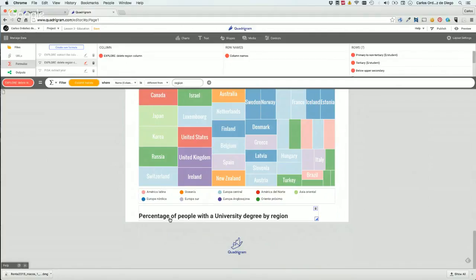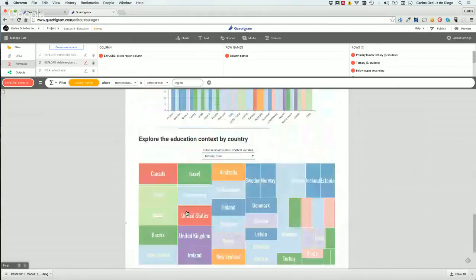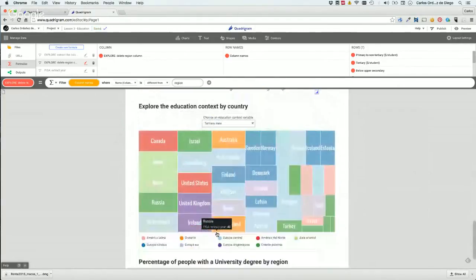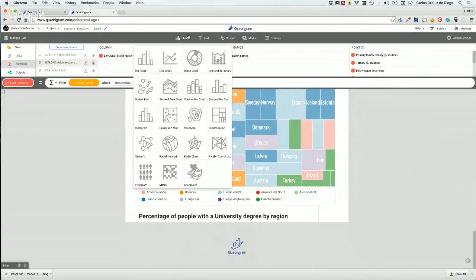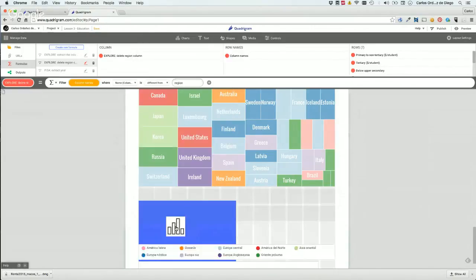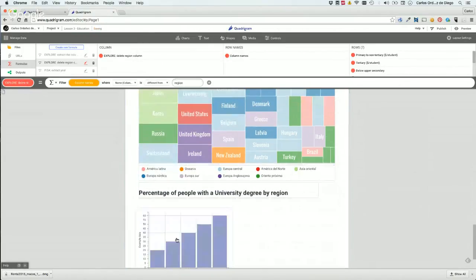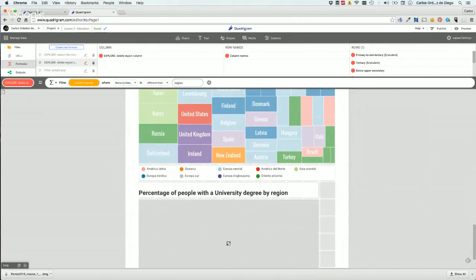it's clear the meaning. So I'm going to draw a new bar chart, but this time I'm going to show the average values of the university degree by region instead of using the country. Okay, these are my regions. So what I can do now is to drop here a bar chart. Great, and